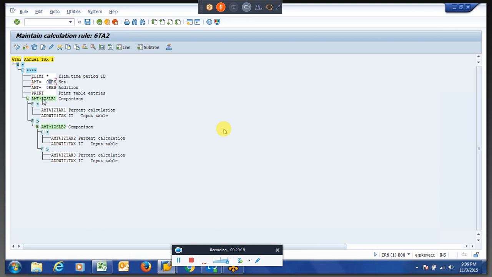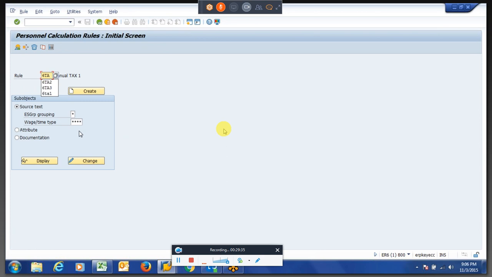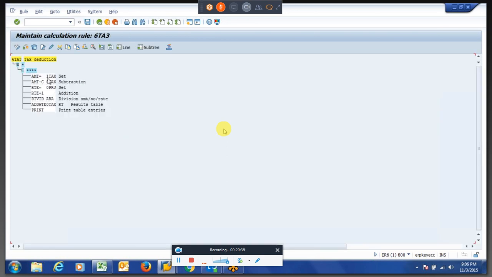and based on that gross, it is going to the tax slabs, and it is giving the annual tax. So 1 TX is the annual tax. Based on the annual tax, whatever annual tax he has to pay for the complete financial year, and what he has already paid, we are reducing.